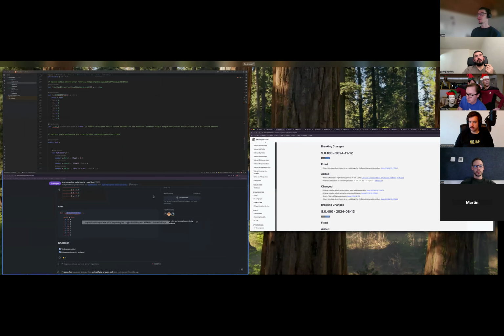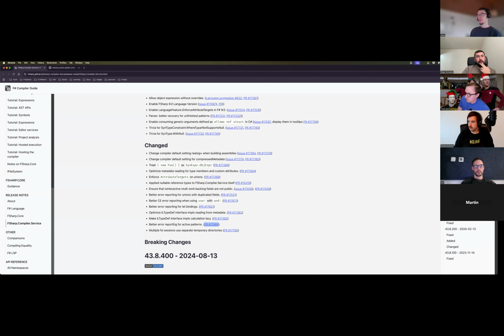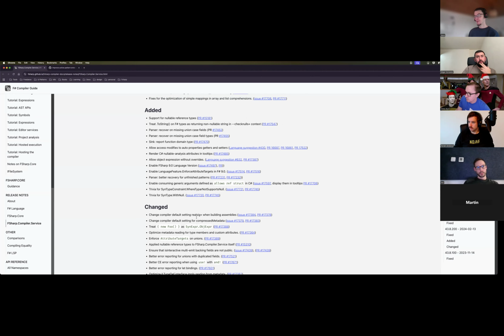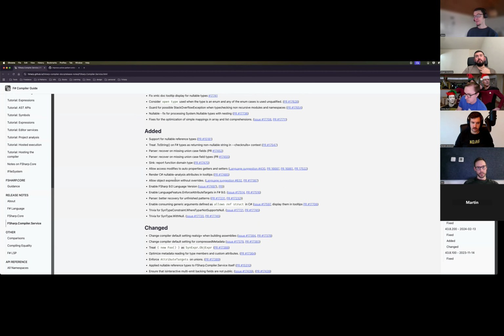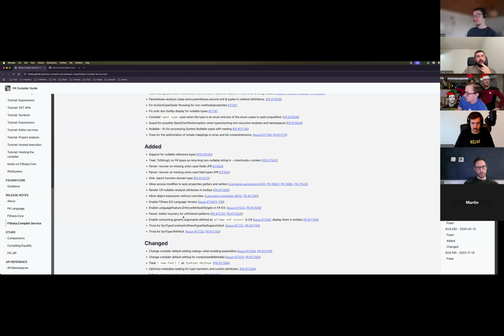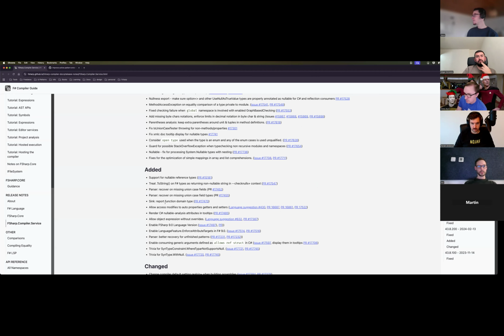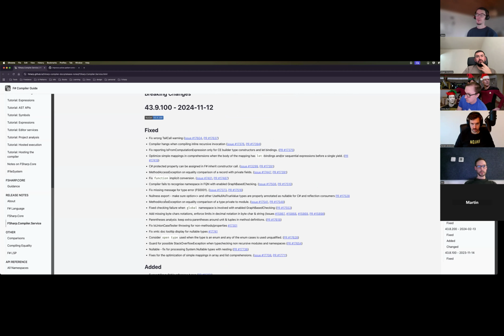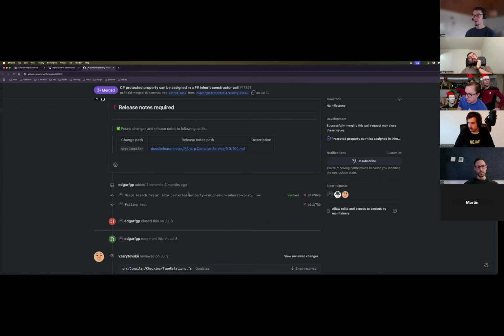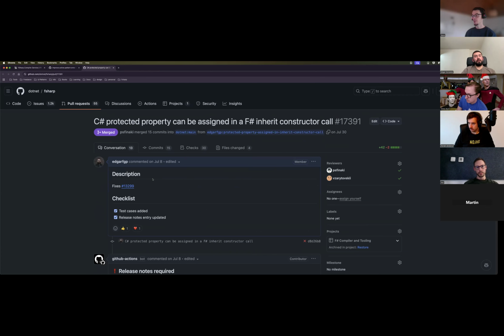All right, so I guess yes. So yeah, a bunch more parser recovery errors were improved by the JetBrains team. And some stuff that's not really flashy or anything, but it will fix some of the quirkiness that we found in the F# language. So this is also an interesting one. This is one where